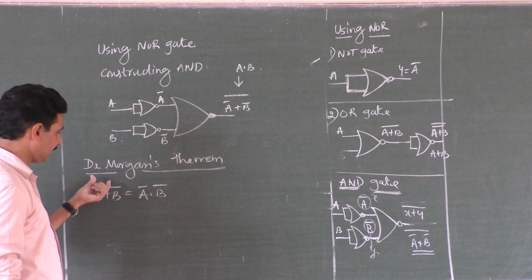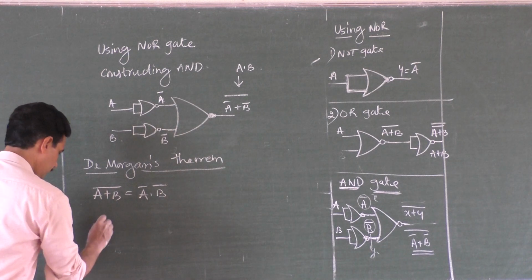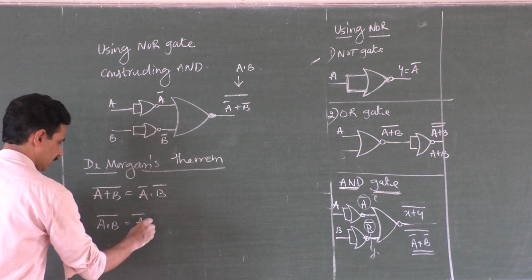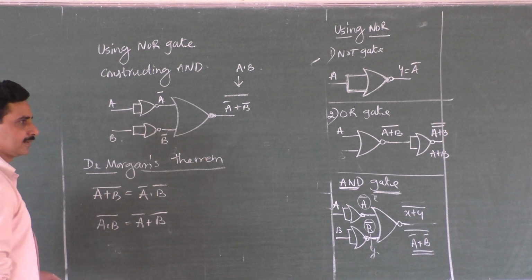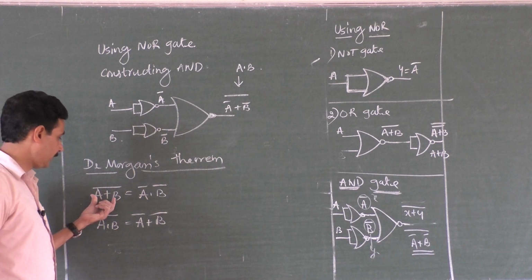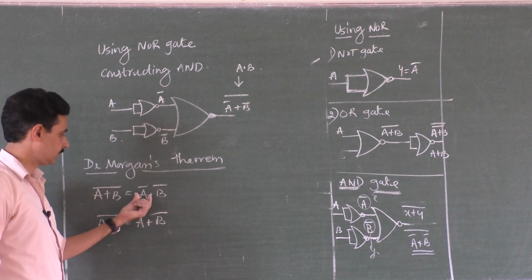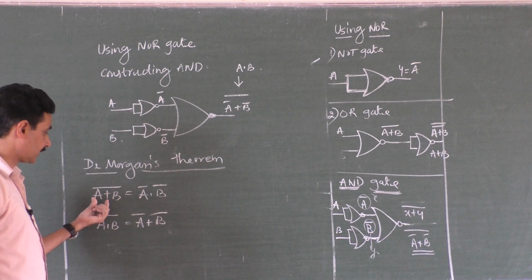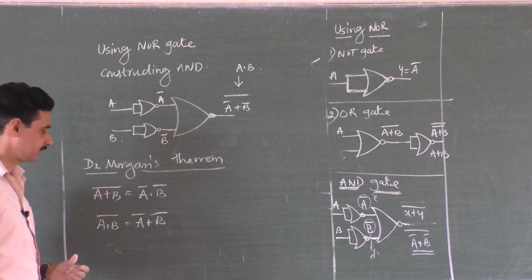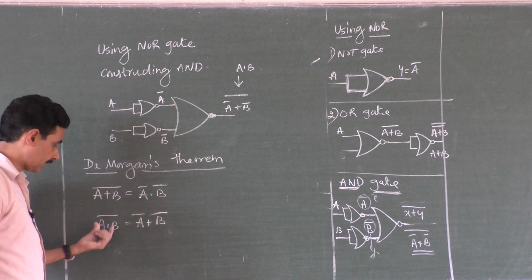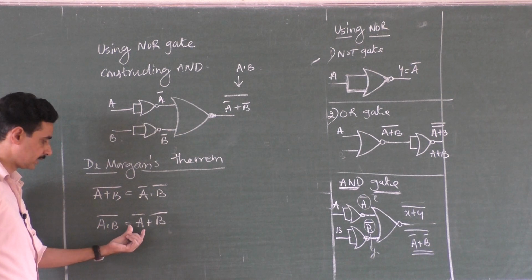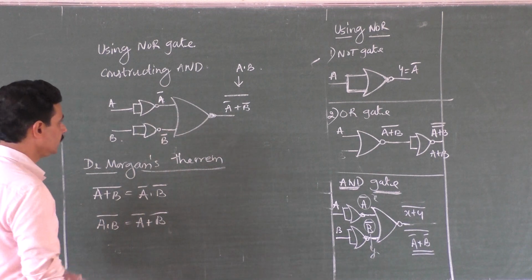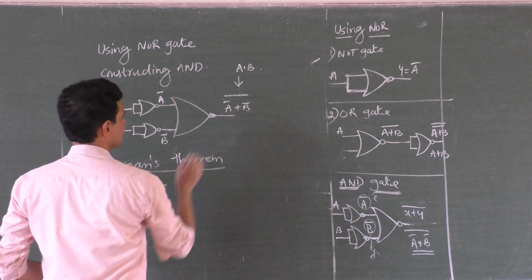This is the sum and its complement. Complement of the product is equal to the sum of the complements. This is the answer, right? Complement of the sum is equal to the product of complements. A plus B whole bar is equal to A bar dot B bar, and A dot B whole bar, the complement of the product, is equal to the sum of the complements. Each complement, then sum. Now will you use this here to get this answer?